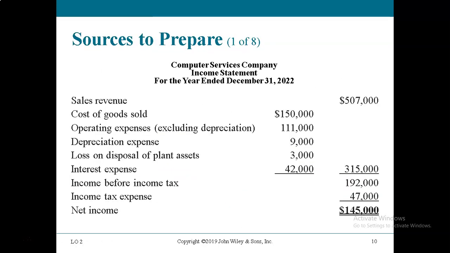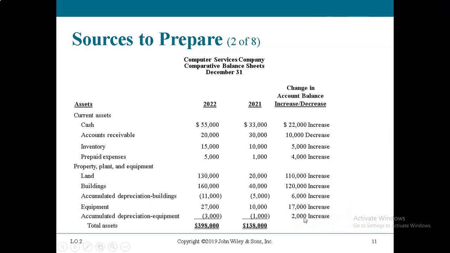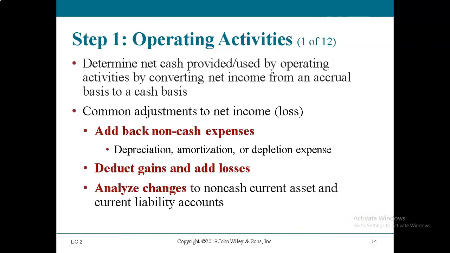So take a look at this income statement here. Notice that depreciation is $9,000. We subtracted $9,000, that was an expense, and then that gives us our net income, which is $145,000. So if you want to do a cash flow statement, depreciation has nothing to do with cash. When something depreciates, you're not physically giving anybody anything. So if we do the operating activity section indirect method, we take net income, we add back depreciation, and then